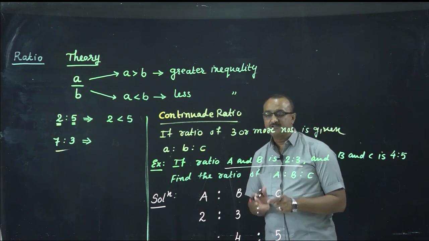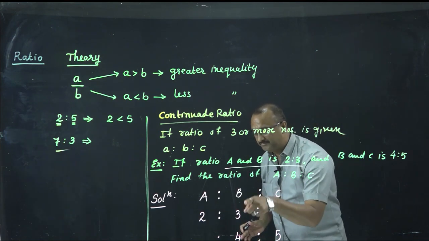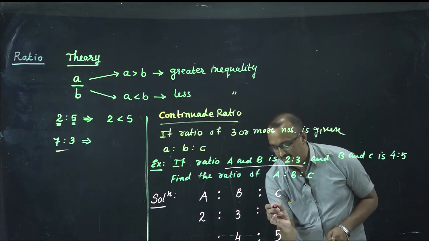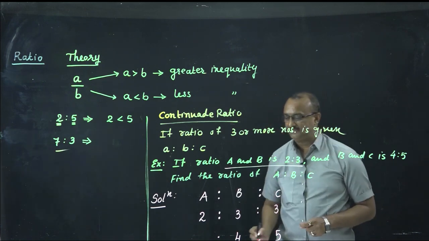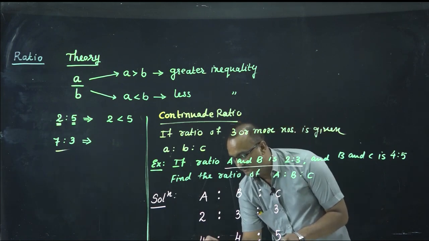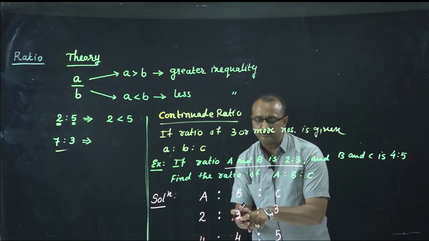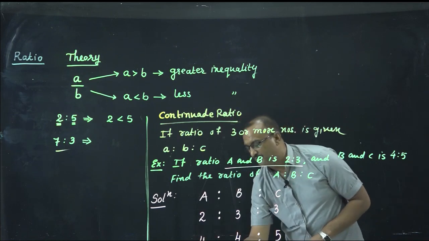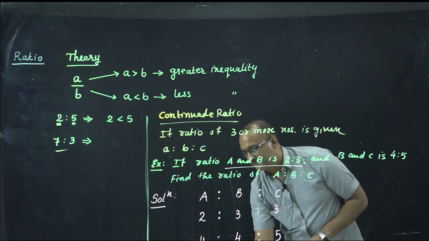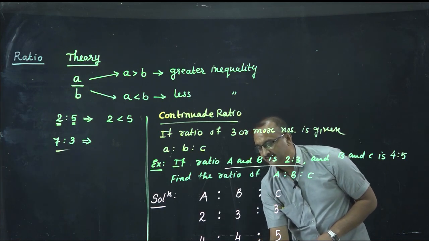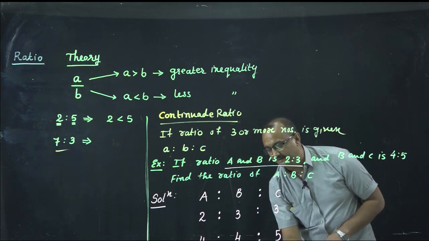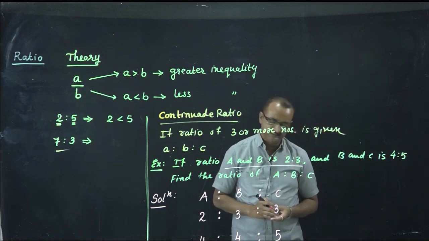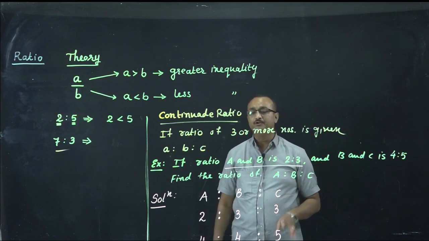Now which is common number? Common number is B. In above numbers multiply with 3 and in below number multiply with 4. See, we have to put 3 here and 4 here. Now product: 4 twos are 8 is to 4 threes are 12 is to 15. 5 threes are 15. So 3 numbers are in the ratio 8 is to 12 is to 15.